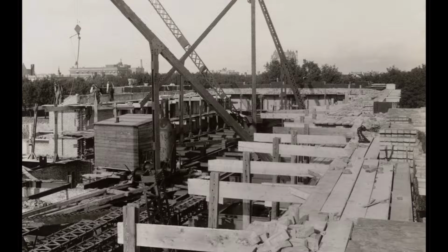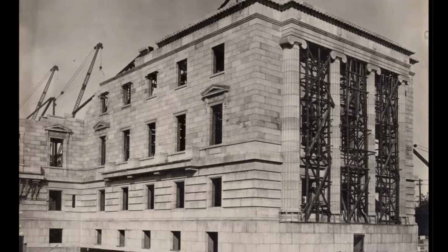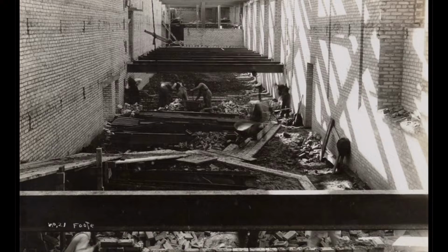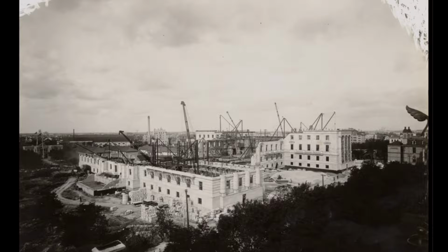So soon after, I mean, there's just buildings popping off left and right in the early 1900s over in Canada. Look at here, you can see the cement stairs being built up. I mean, so we did see the photos of it pretty low, like where those big blocks are. And you saw those stacks of blocks there sitting on the ground. I haven't seen any other earlier photos than this of construction. I haven't seen the photos of the land before all this. I tried looking up historical magazines and articles, but this is really the earliest I could find of any of